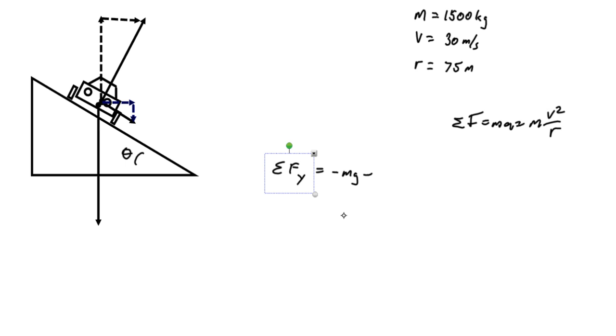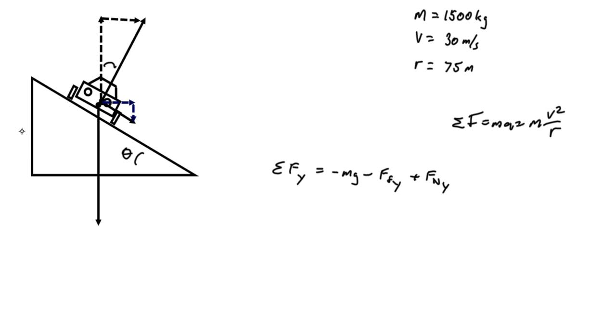Do you see that the force of friction is actually acting in a negative direction? So we have a force of friction in the y direction plus the normal force in the y direction. So if we have this here as being theta,